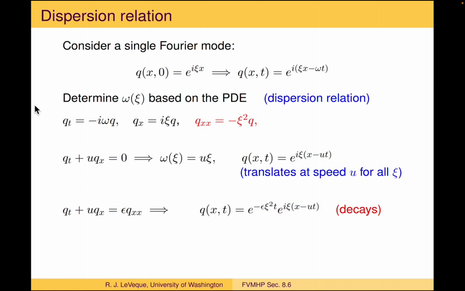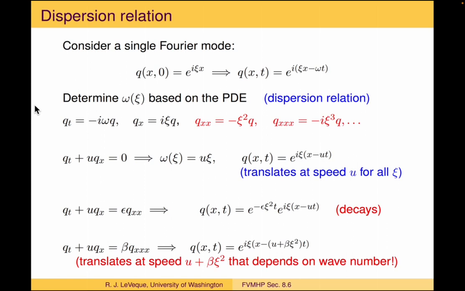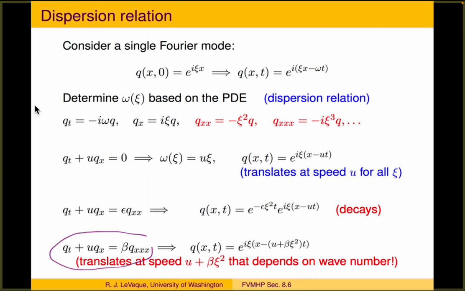And then finally, if we look at the dispersive term, if we start with the dispersive equation, like down here at the bottom, then we also need this third derivative of q with respect to x. Differentiating this exponential again with respect to x, we bring down another ic, so we get minus ic cubed times q. And now this again has the factor of i. So all of these terms have the factor of i, and when we solve for omega, we end up with a